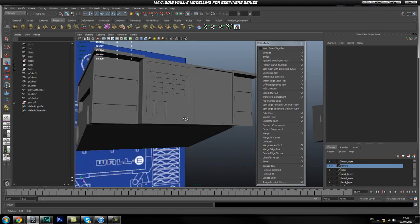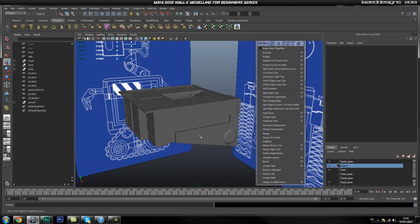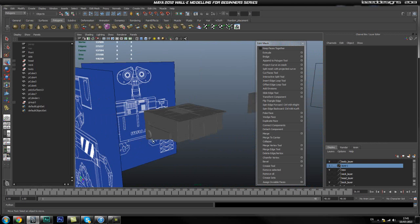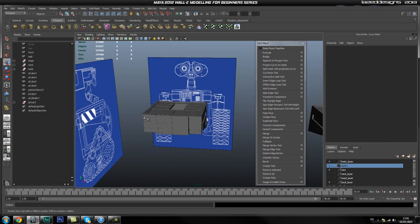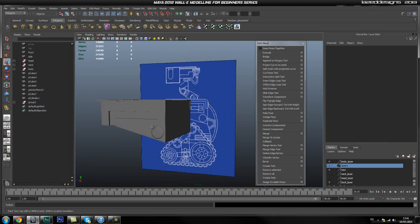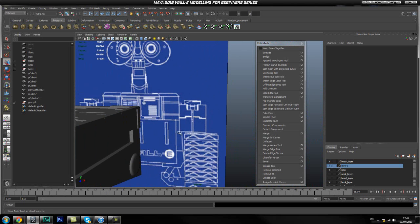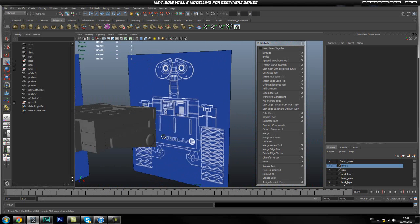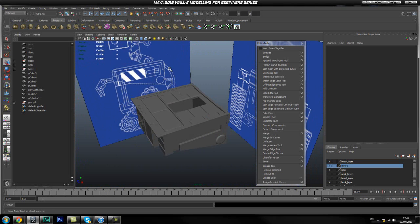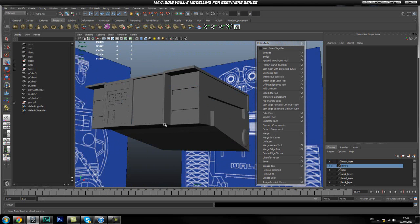The next thing we're going to do is, I said last part we might go ahead and do the hand, but I changed my mind. We're going to go ahead and block out the bottom part of the body. That should go pretty well, and by that time we're not going to worry about this back piece for now. What we're going to do is create this bottom half and the door and the inside of Wally, and then after we have the bottom bit blocked out, we'll go ahead and add the details outside. But first we're going to do the hands. Okay, so